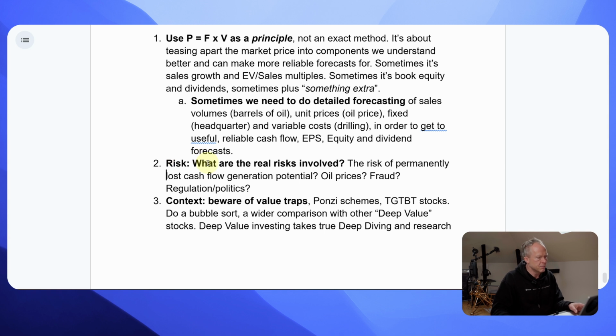So the second lesson is about what the real risks involved are. With risk, I mean the risk of a permanently lower profit or a permanent negative surprise. That means that the cash flow levels of the past are not coming back. The problem with a company like Equinor is that the risks are of a type that we don't have control over whatsoever, since they are regulatory and political, not to mention the entire development of the environmental movement.